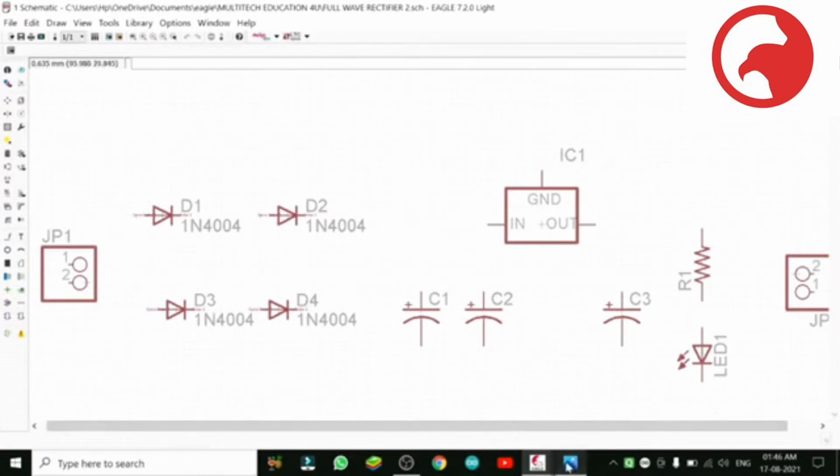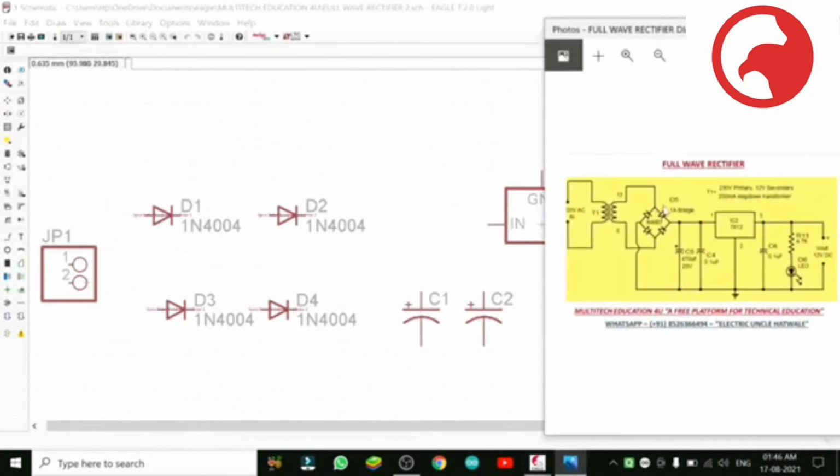Always keep it with you and check it from time to time. You see, here is the diode. From the diode, the positive and negative go to the afterward circuit, and put capacitors accordingly as shown in this diagram. This is a photo PNG file.